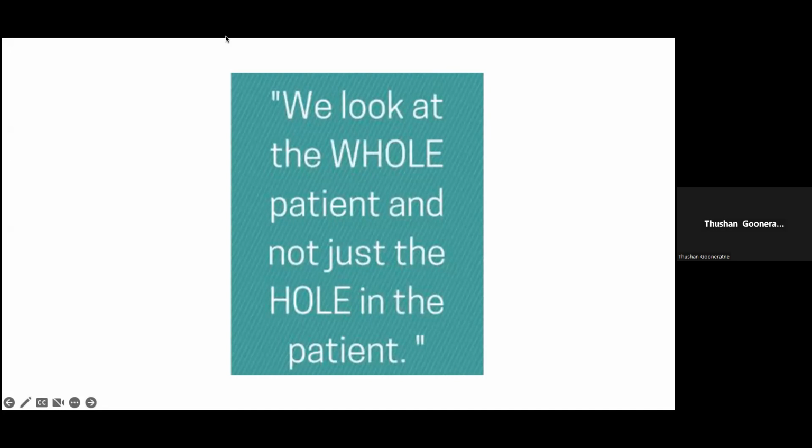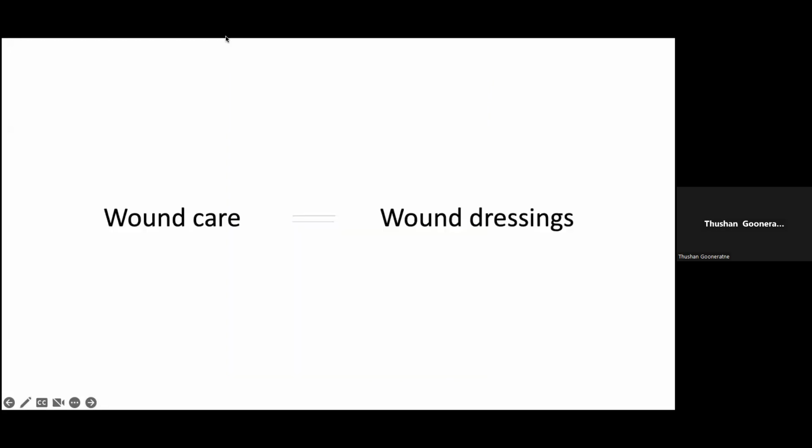And it's important that we look at the patient in a holistic view. The saying, especially amongst wound care specialists, is that we look at the whole patient and not just the hole in the patient. Dr. Kithsiri will talk about wound dressings, but I think it's important